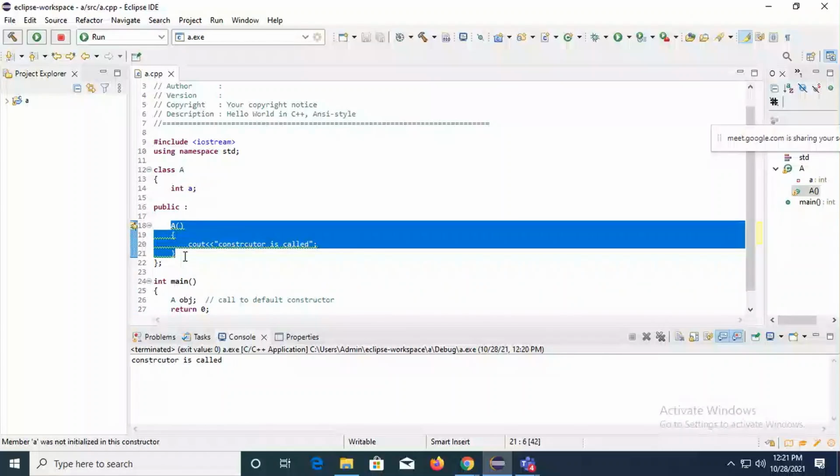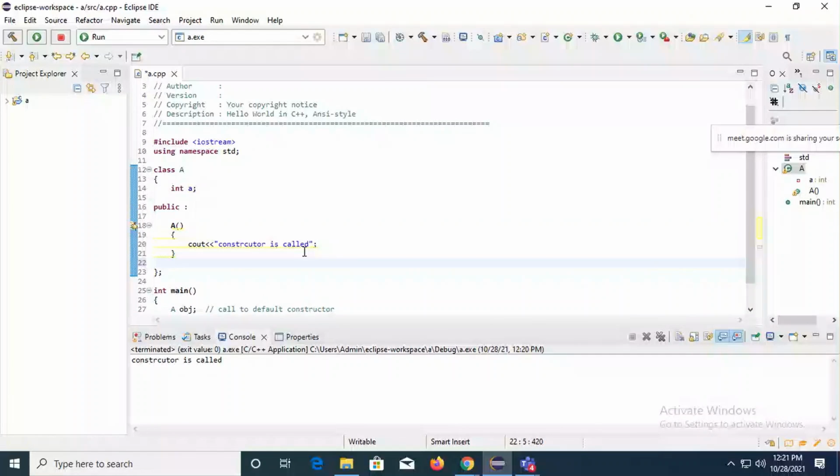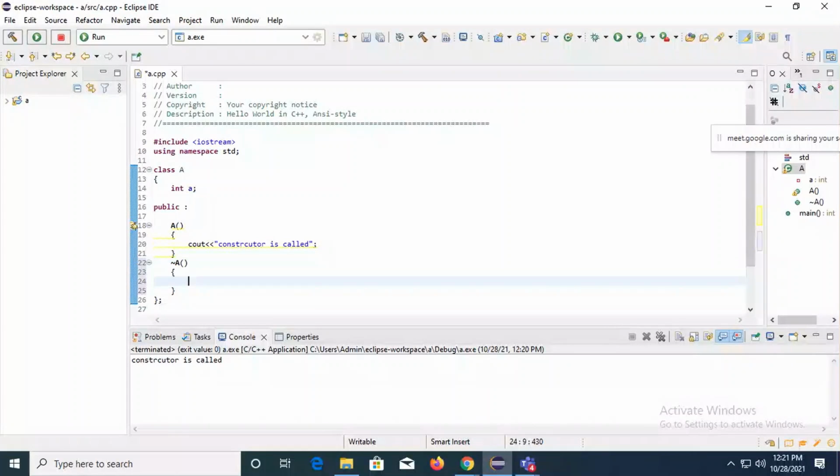Now you have that symbol. Yes, it will take. This is my destructor. Remember, there is no parameter for the destructor. We don't have any type of destructor. There is only one simple destructor with no parameters. So this is a destructor which will deallocate the memory. And I will say it will deallocate the memory. Destructor is called.